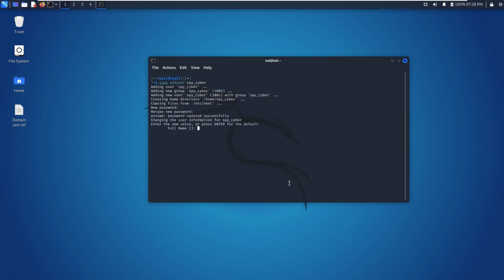And this is the information. You don't have to put it, but if you want to, you can put it from here. You can type here. So hit enter, enter, enter. And if you want to, it will ask you if the information is correct, and then you have to type or type yes. After that, we are able to create a user, and we need to add that user to